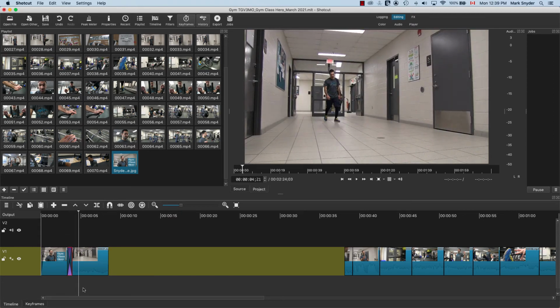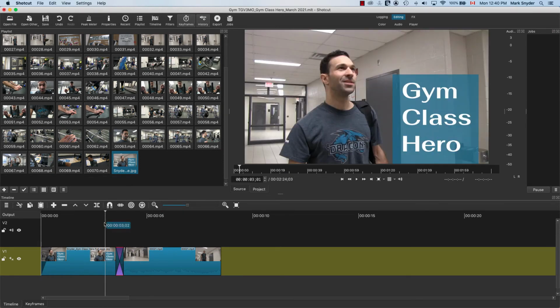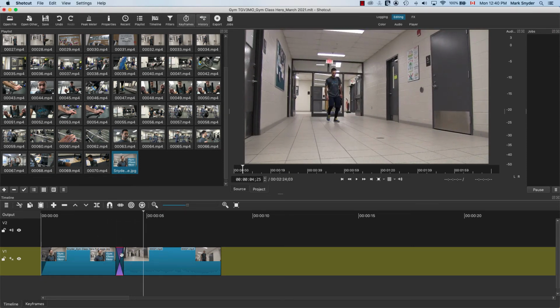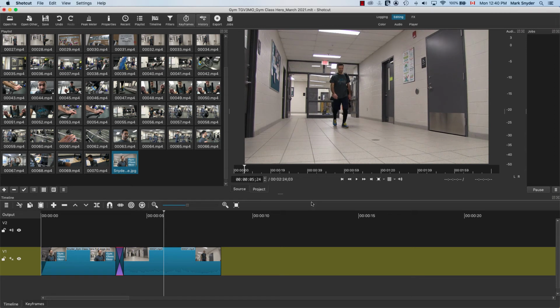If I don't like the length of it, zoom in and you can trim the length of it a bit. Okay, so I can shorten the transition time. Okay, I like that length. I'm just going by visual. It's more of an organic feel than a numbers feel. So how does it feel? Good. Okay, and then what I'm going to do